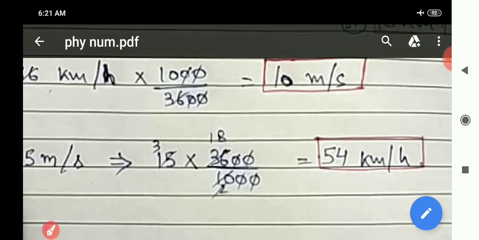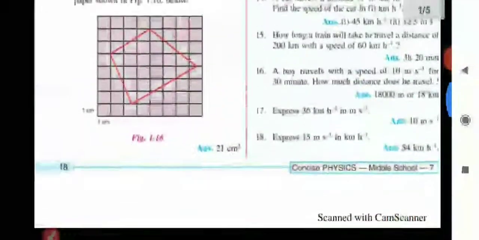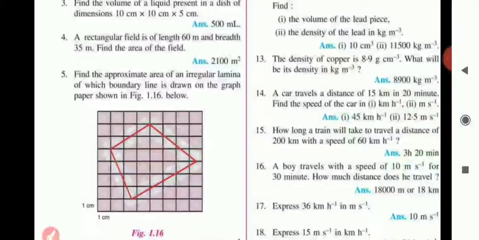Okay. So now all the numericals are completed and now your chapter 1 is completed. Okay, so all the question answers and all the numericals should be in your notebook. Now your chapter 1 is completed, and in the next session we'll start chapter 2. Okay, thank you.